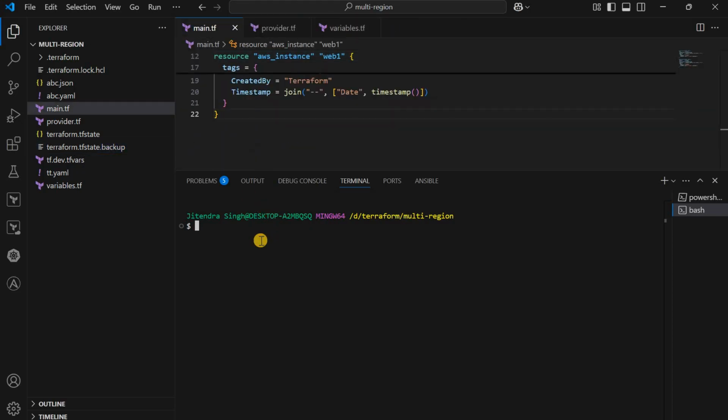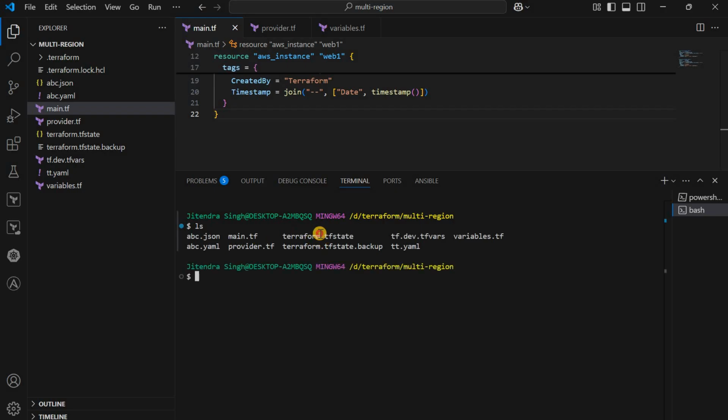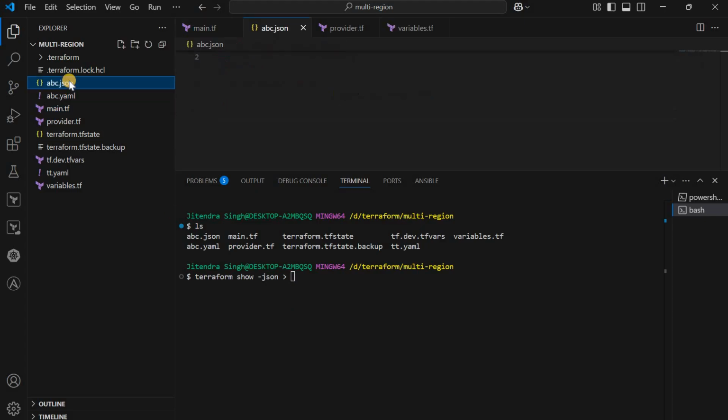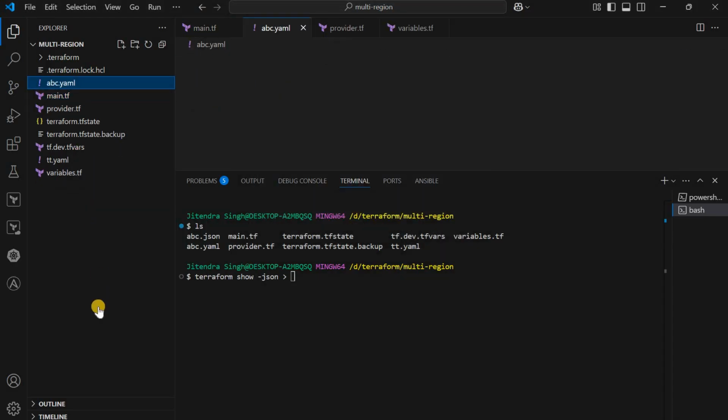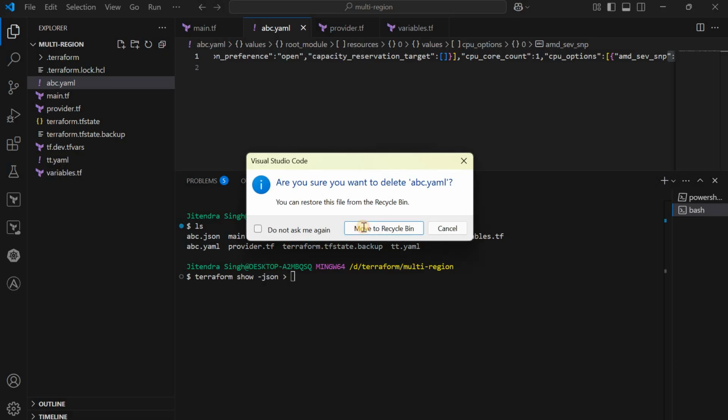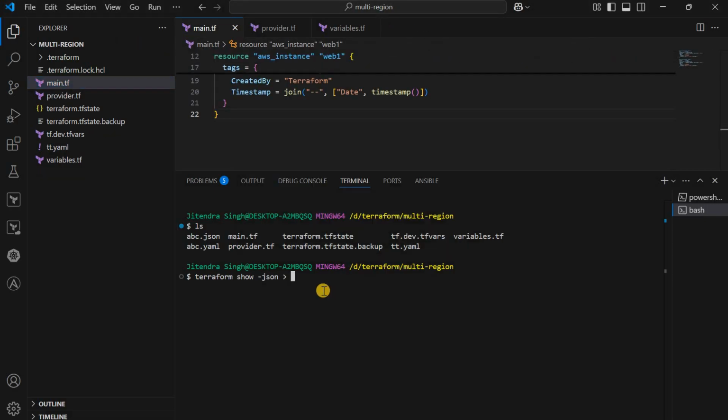I have deployed this, ls, so this is the Terraform state file, okay? So how can we do it? First of all, Terraform, then hyphen json, and I will delete these first. Okay, so abc.json. So we need to run this command,